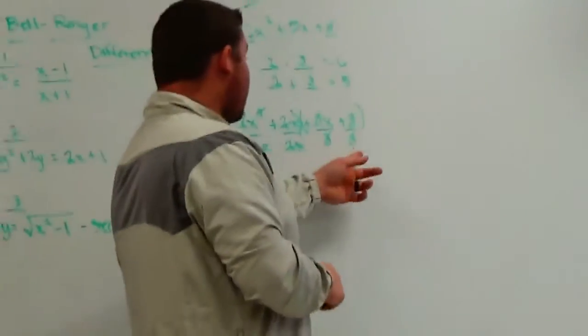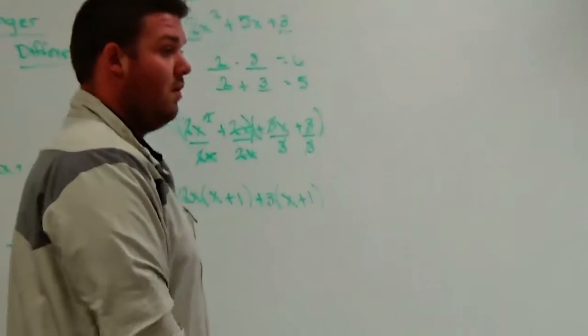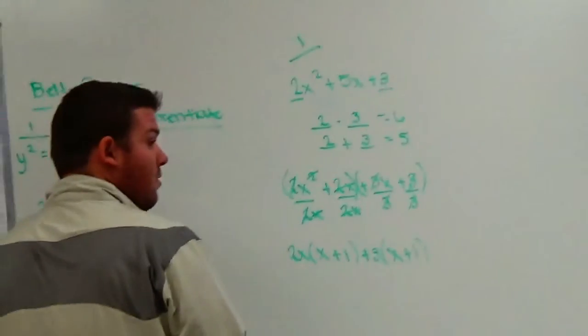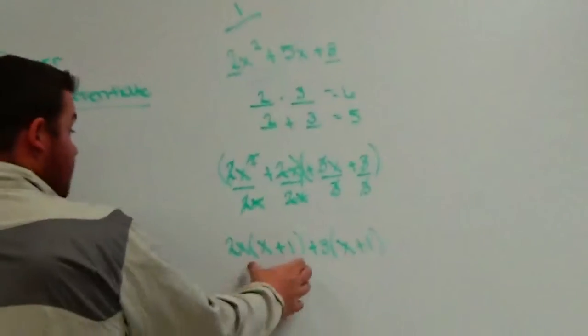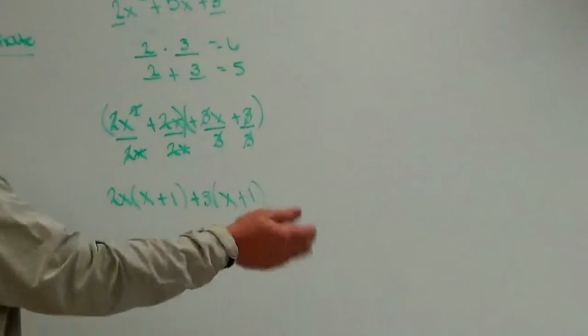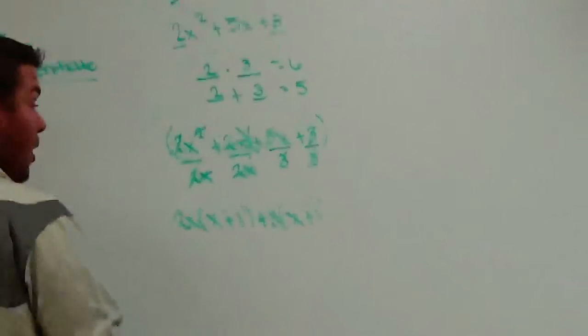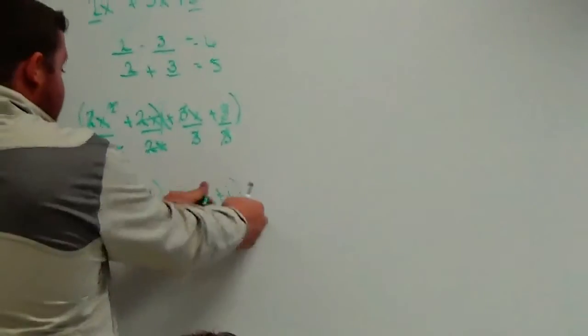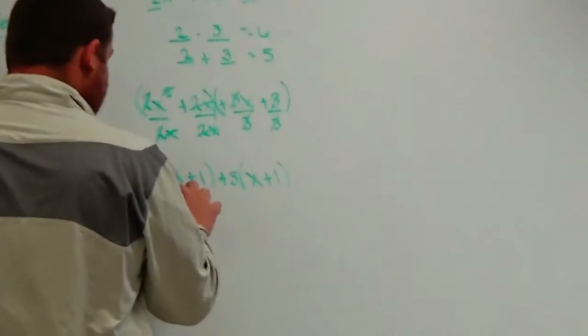Wait, why did you factor out? Because that's the greatest common factor. What do they both have? An x plus 1, right? They both have the binomial x plus 1 out of both of these 2 terms. Correct? So if I factor out an x plus 1 from both of these terms,